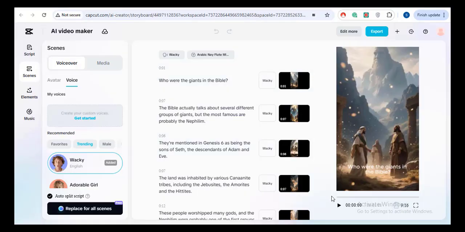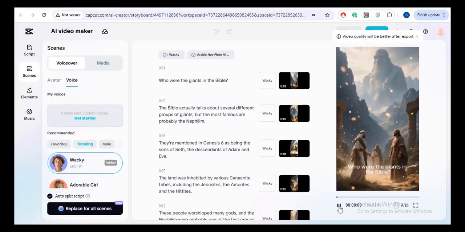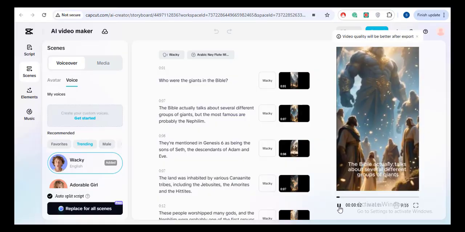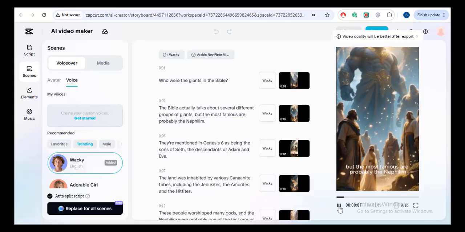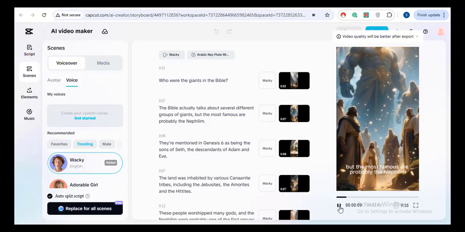Who were the giants in the Bible? The Bible actually talks about several different groups of giants, but the most famous are probably the Nephilim. They're mentioned in